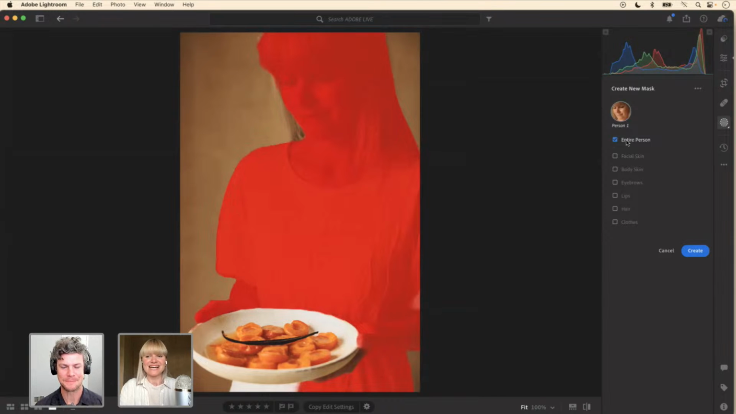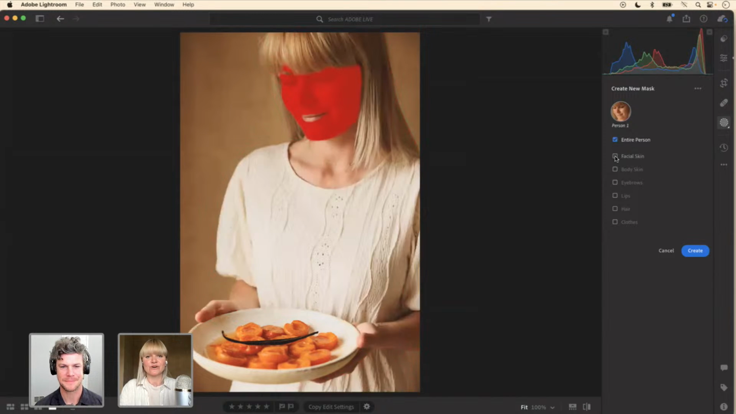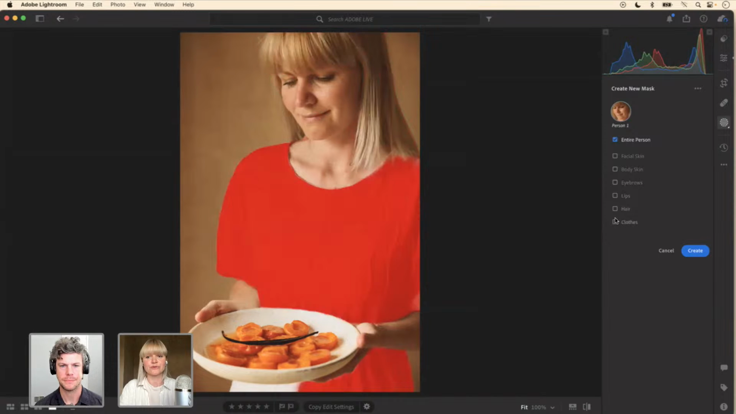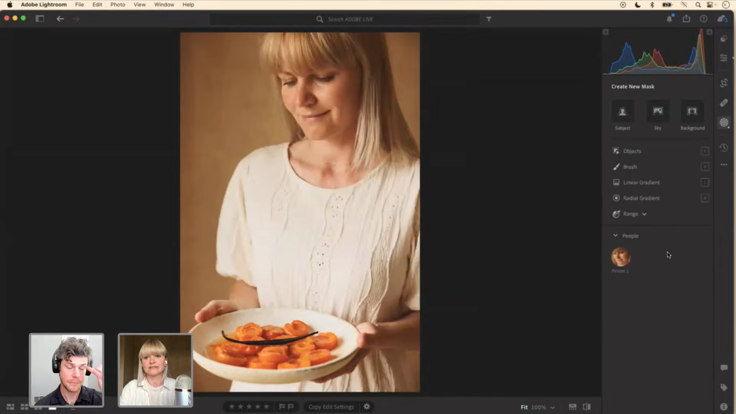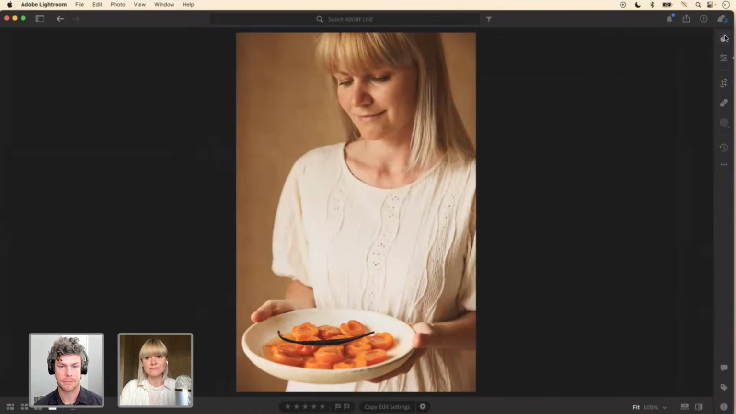So we can either add a mask to the entire person, or we can really choose the elements that we want to apply adjustments to. That's also super great if we want to apply different masks to different elements. Or also we have an option. So I'm going to cancel this. In the preset panel,